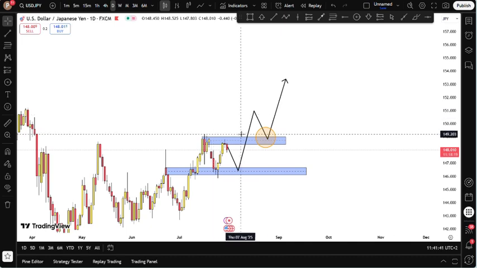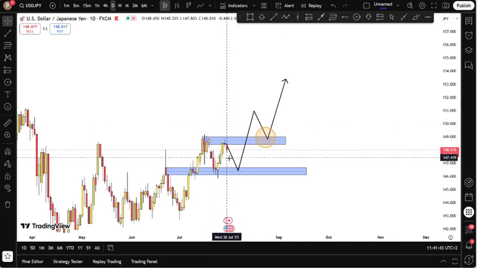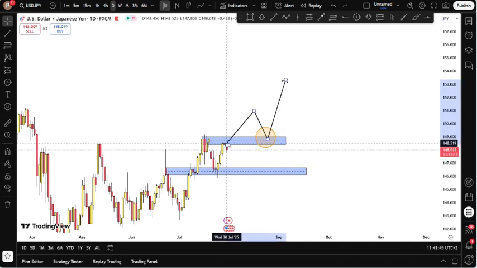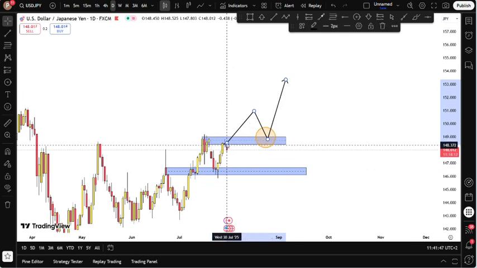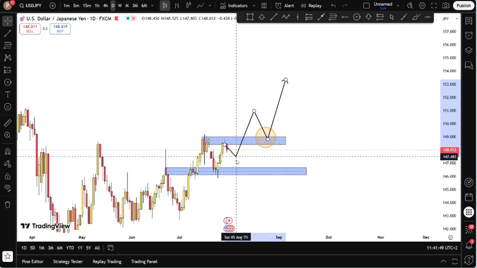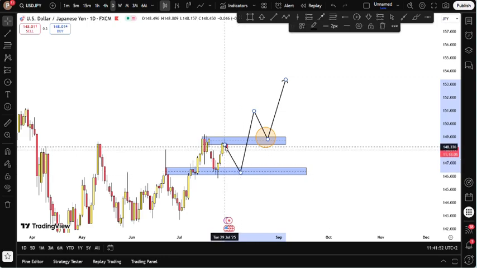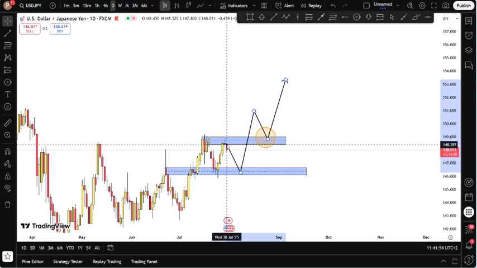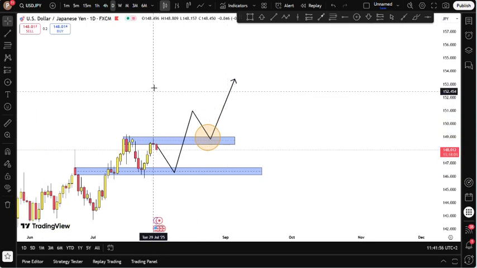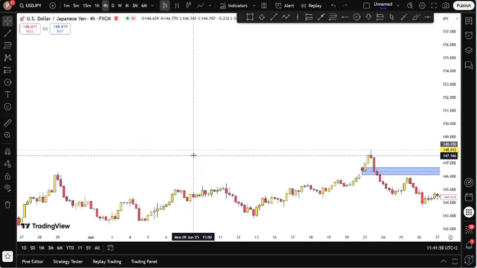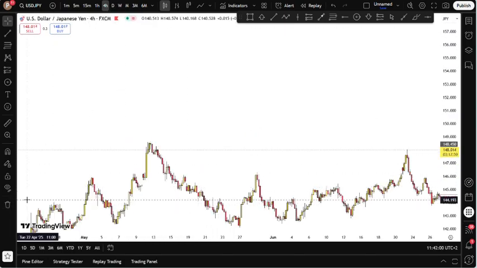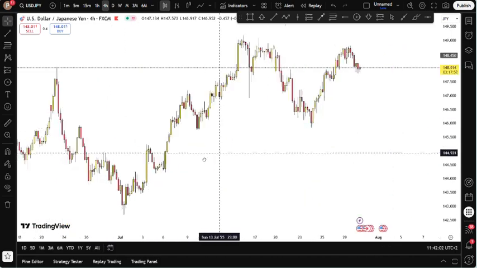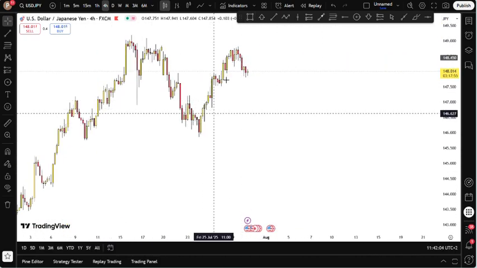They move slower compared to gold. Gold will do this instantly. Gold wouldn't even need to come down here. It will just break. But because this is a pair, they might literally need to do this first for all the liquidity. Or they are not. Because if we can drop down on the 4 hour, they can take it here, somewhere in here.